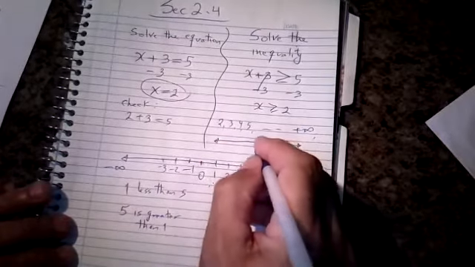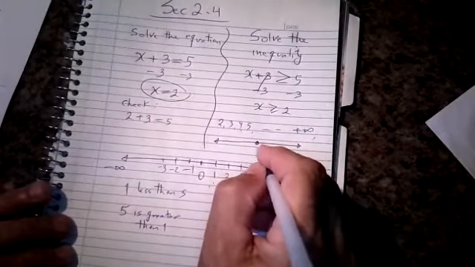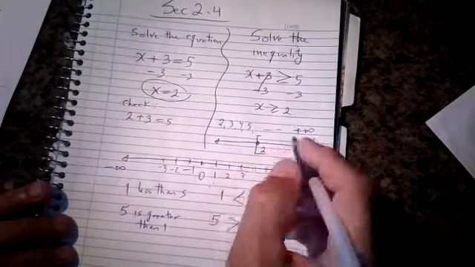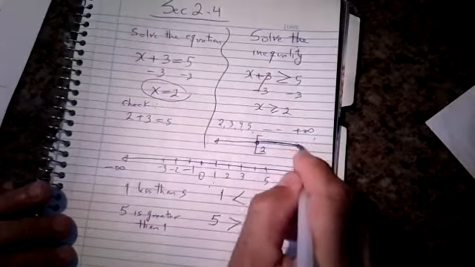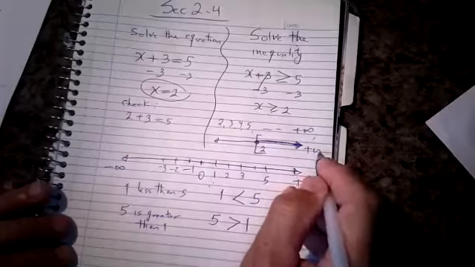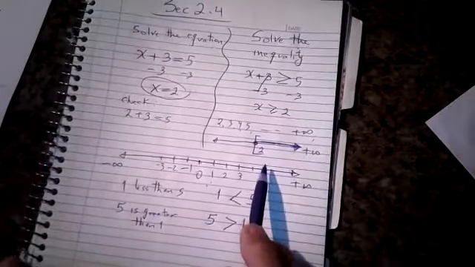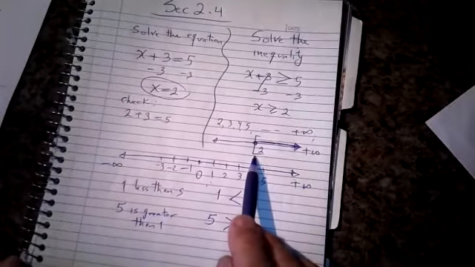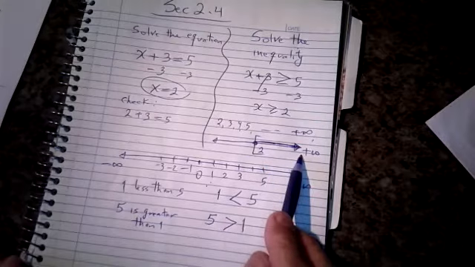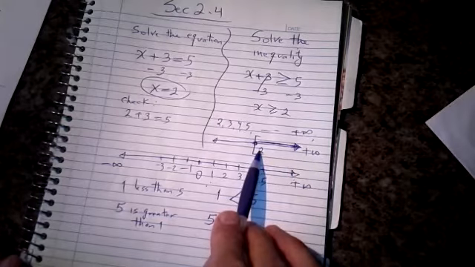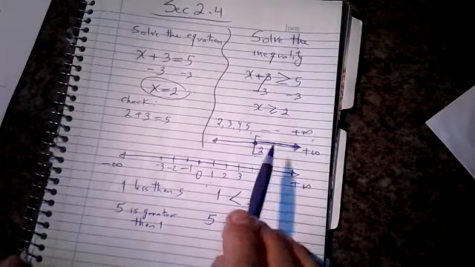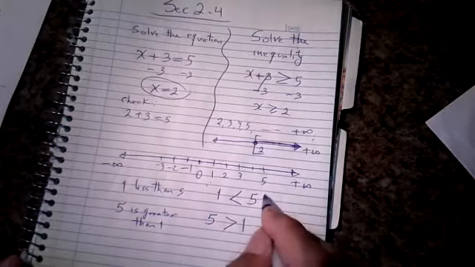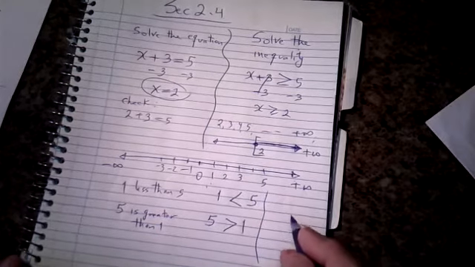We find a point which is 2. And we use the bracket and we put the arrow to the right all the way. So that means all the numbers 2 and greater are the answers. We use the bracket when you have equal, okay? So look, let's say you have here